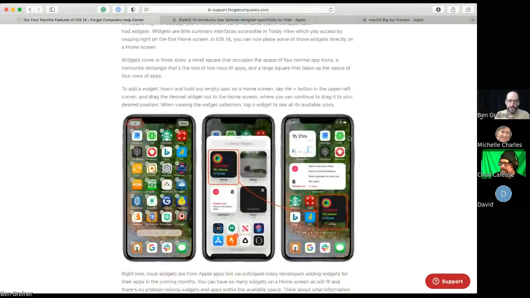Home screen widgets, this is more of a visual feature that Apple's pushing pretty hard, and it is pretty cool. I made some edits to my home screen. You can add all sorts of widgets, and as developers develop more widgets into the applications, we'll all have more options. But I have a little Photos widget on my home screen. So every time I open up my phone, I see an old photo memory from the past, and that's kind of fun and cool. And you can click on it and see what you did that day and what photos were taken. So there's all sorts of widgets. I would recommend exploring widgets.